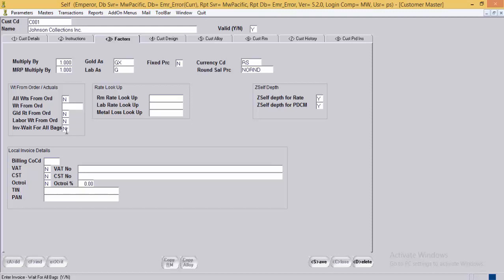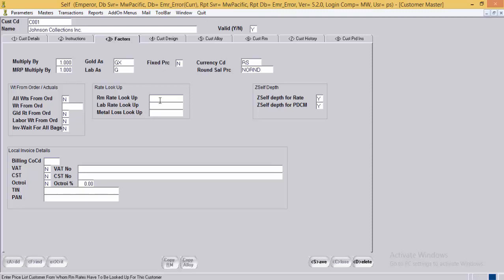So to put a check at the invoicing level, that all 500 pieces should go in a single shipment, the user needs to set this option as yes, or else this option can be set as no.